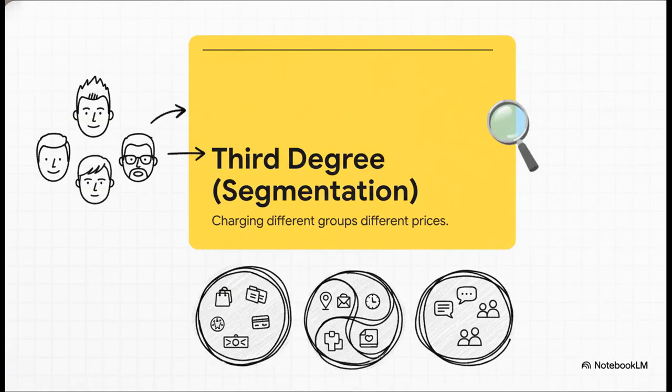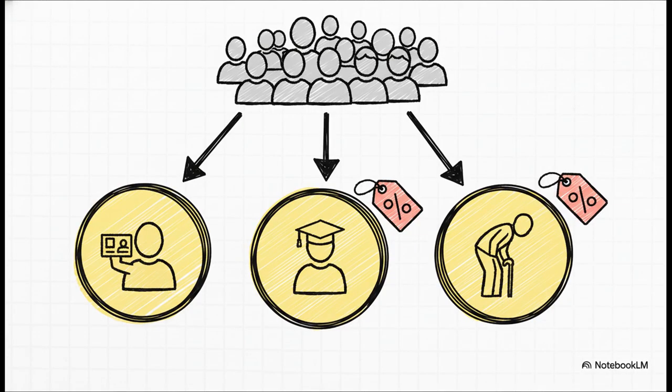And finally, we have the workhorse of dynamic pricing. This is the one you see everywhere all the time. The whole idea is that you can find specific, observable traits of a group that tell you something about what they're willing to pay. So, let's look at the why behind this.